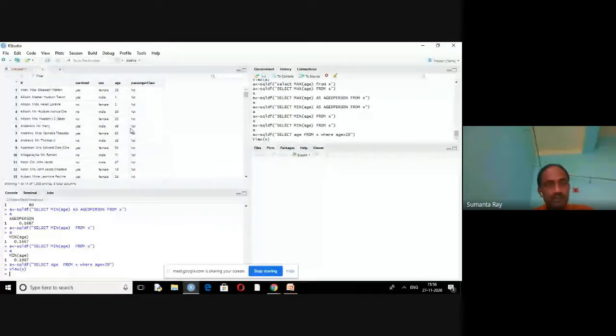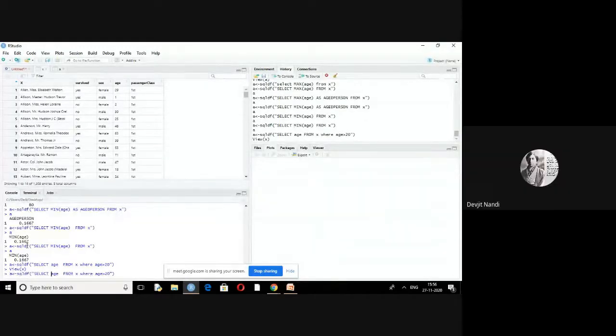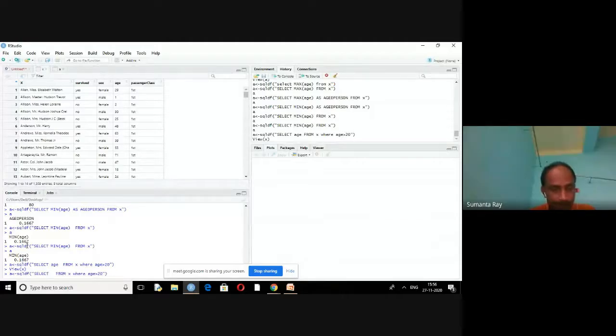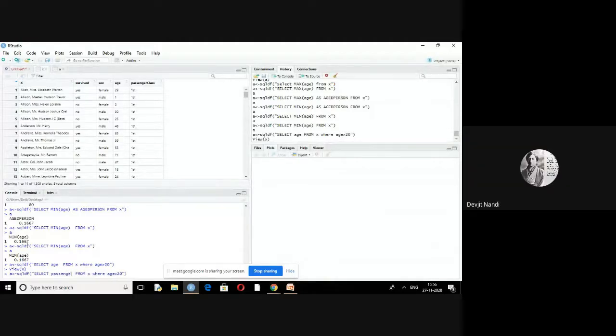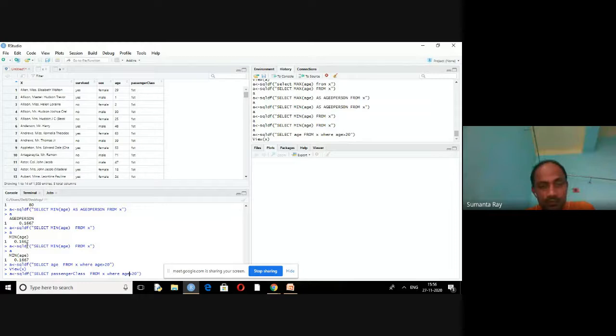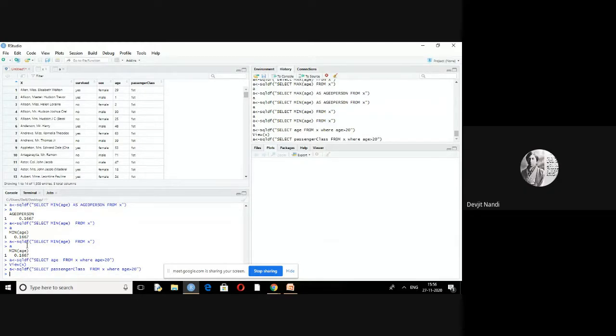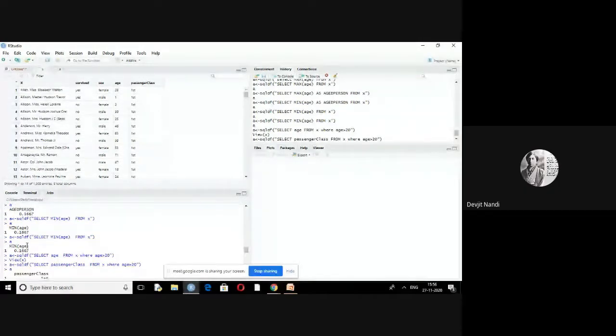Here, select passenger class from X where age is greater than 20.